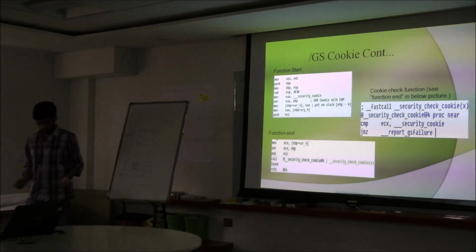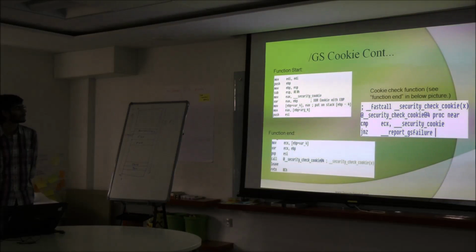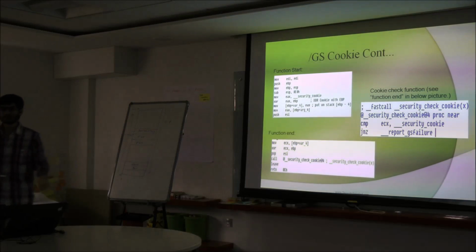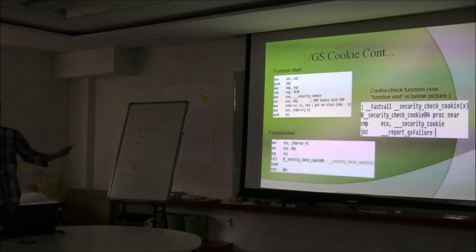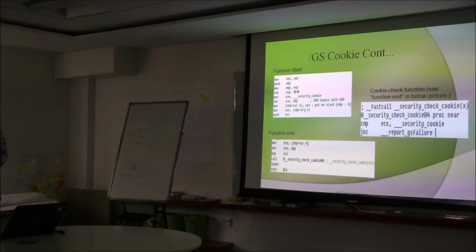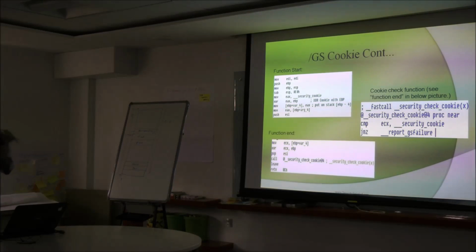Right? So yeah. Amit, I got a dumb question. Why is that XORing done? It's just XORing. I do not know their implementation exactly. What they did is, it may be possible to guess this location or the cookie itself. But because the value of EBP is continuously changing, the attacker may not be able to predict the value of EBP. So we are just XORing this value so that the attacker may not be able to guess it.